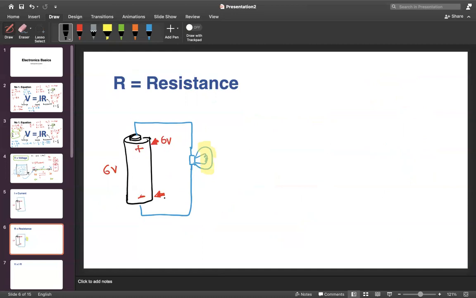And because there is a voltage difference, let me draw here, because there is 0 volts. Because there is a voltage difference of 6 volt here, the current starts flowing. Current is flowing in this way, right? And then what happens? The current meets a bulb. So the current is being used to light up. The current is going through the light and then back again to the battery. That is what is happening. So this battery is like a pump. It's like a water pump.